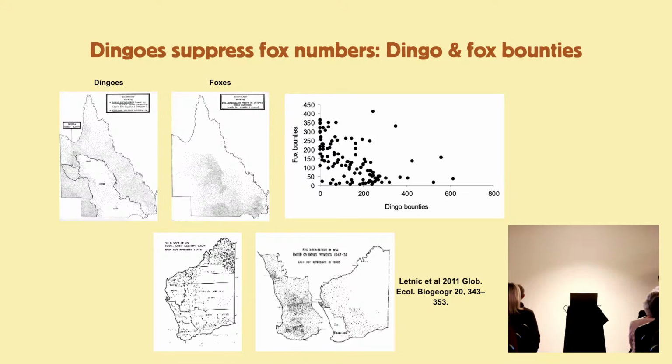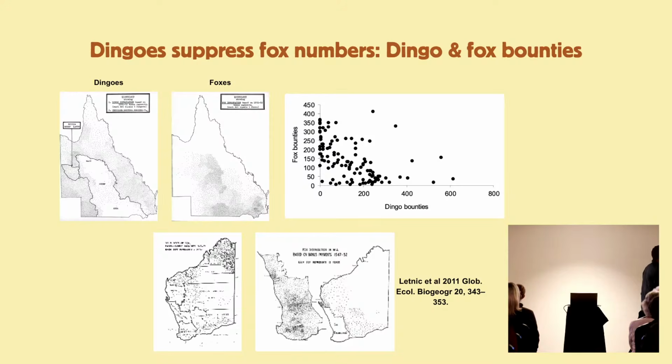Now, all I want you to get is that there's a dark area around here, and there's a light area here, and there's a line that says main sheep area. So dingoes are really bad for sheep, and people went to a lot of effort to get rid of the dingoes in the sheep area. And the foxes erupted in the sheep area. So there's a real opposite pattern.